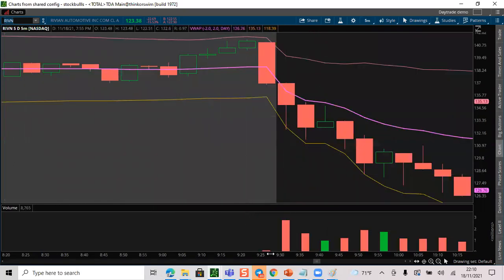If you see this 9:25, 9:30. If the stock is not able to stay above this VWAP line, which means that we have too many short sellers, too many sellers, and the price is just touching the lower band, which means that this stock is not worth trading,